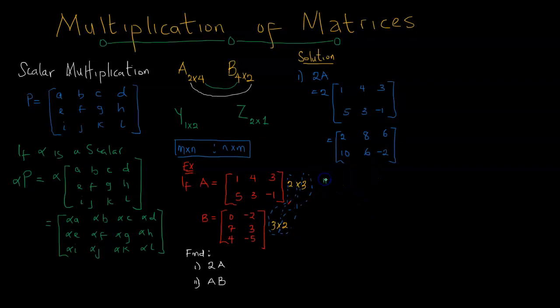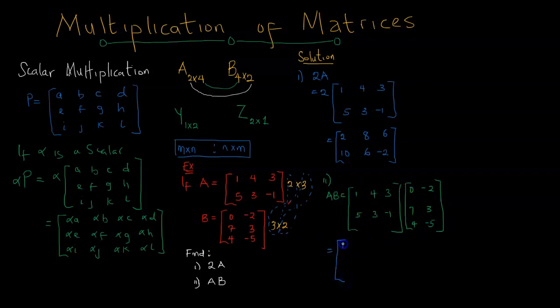Okay, the second one, we are asked to obtain the value of AB. So AB is just going to be 1, 4, 3, 5, 3, -1. That's A. Then B, 0, -2, 7, 3, 4, -5. Now, this is how matrix multiplication works. Successive elements in the row would multiply successive and corresponding elements in the column. So here we would have